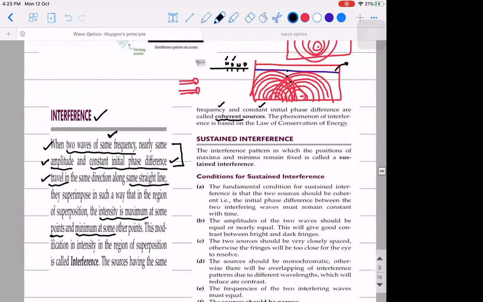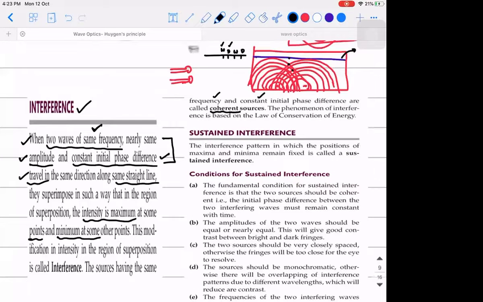And the phenomenon of interference is based on the law of conservation of energy. Maybe this can be a one-mark question. It is based on the law of conservation of energy because the intensity of the light is redistributed. It is not lost. It is redistributed, meaning